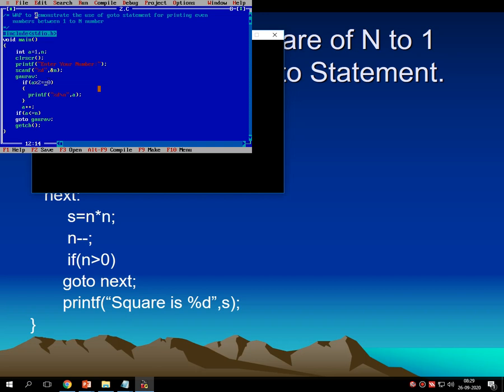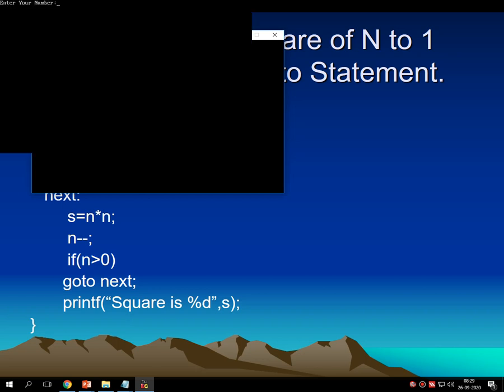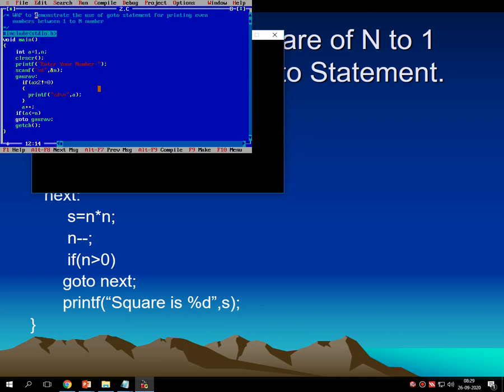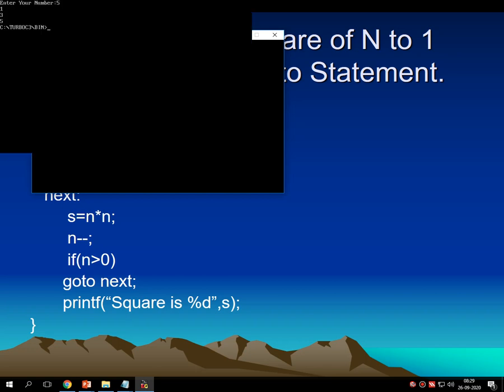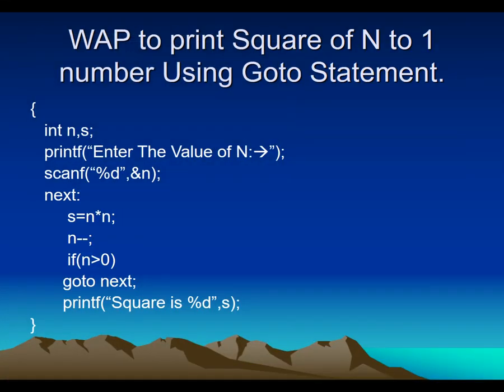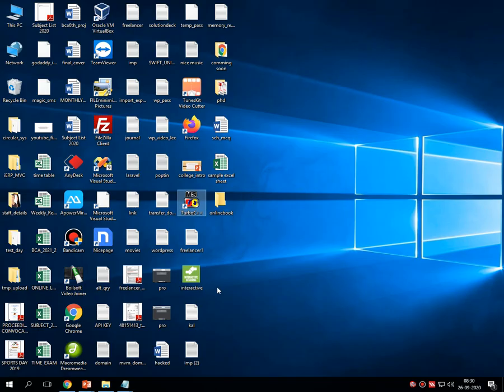So here I am just changing the condition of if to not equals to 0. Then let me run the program and I am entering the value 5, then the output should be 1, 3 and 5. So it's there, this is correct. What I have done in this program, let me show you in the notepad. By changing a single thing, this entire program works very fine.